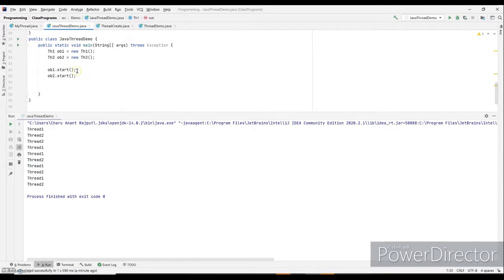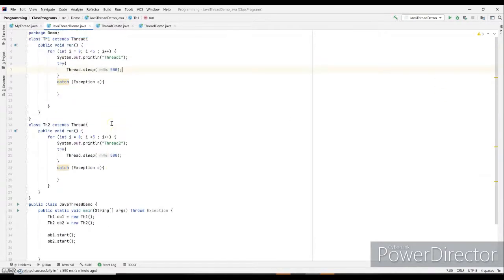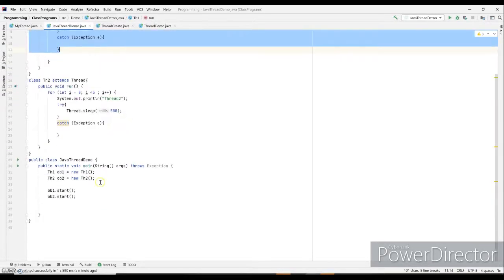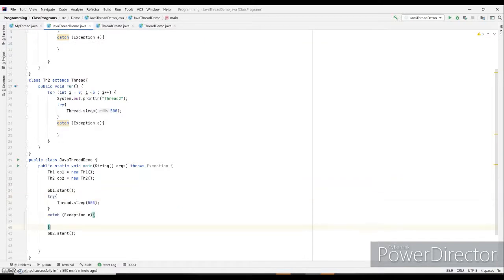The problem can be solved by introducing a slight time delay between the starting of two objects, and this will again be done by the sleep function. I'll introduce this in between.